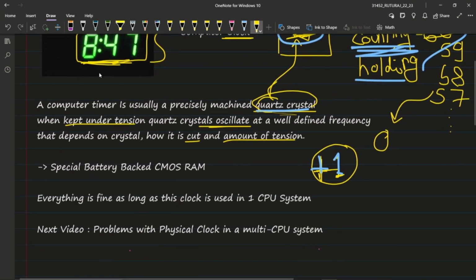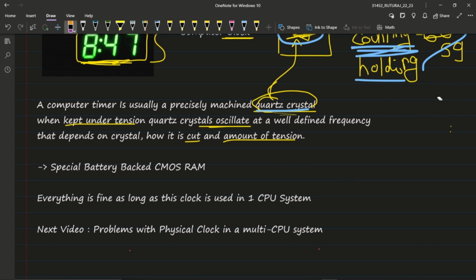Now, most of you have bought some new device, right? In recent times, whenever you buy a new device, what is the first thing you do? Whenever you buy any new electronic device, like a computer or a mobile phone, firstly it asks you what is the current time and the current date, right? You might have observed this. Whenever you buy a new device, it asks you the current time and current date.